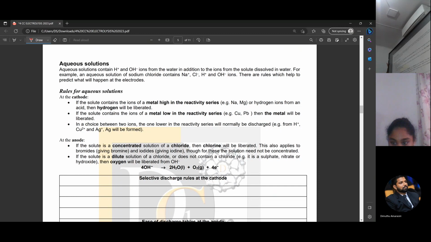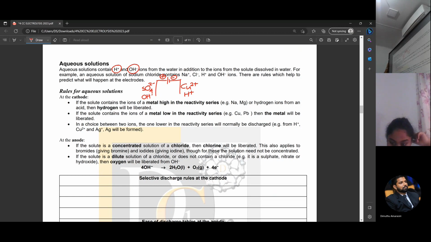Aqueous solutions contain H plus and hydroxide ions in addition to the rest of the ions. For example, if you deal with aqueous copper sulfate, the positive anode will not only get sulfate ions, it will get hydroxide ions from the water. And at the negative side, not only copper ions but also hydrogen ions are there. So in that case, there is a competition